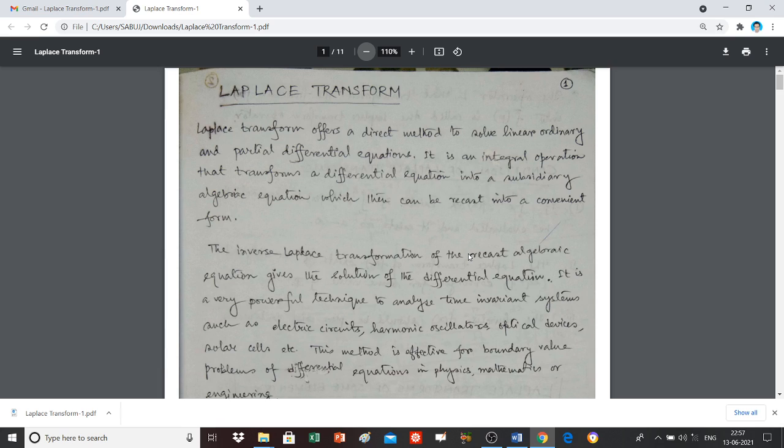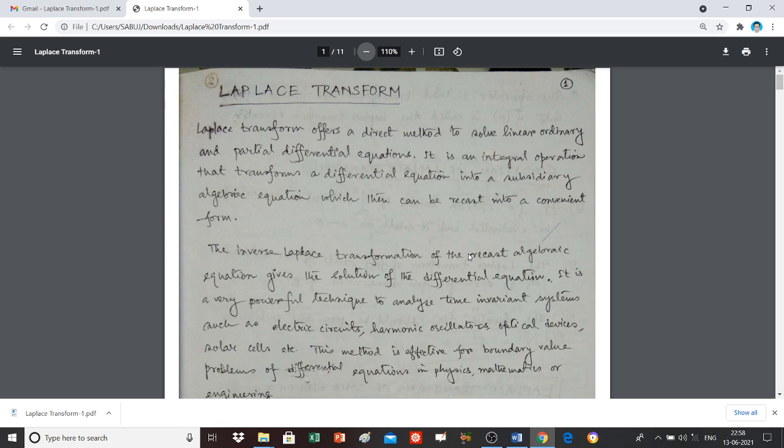This Laplace transformation is a very powerful and promising technique to analyze time invariant systems such as elliptic circuits, harmonic oscillators, optical devices, solar cells, etc. So for those cases, you can use Laplace transform to solve those problems or analyze those time invariant systems. Furthermore, this method is effective for boundary value problems of differential equations in physics,